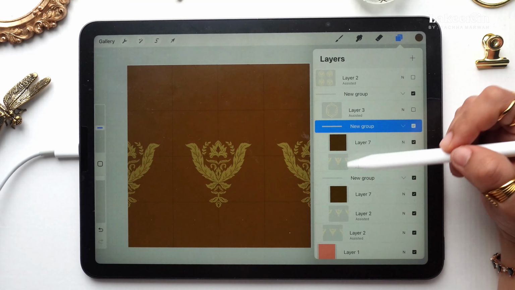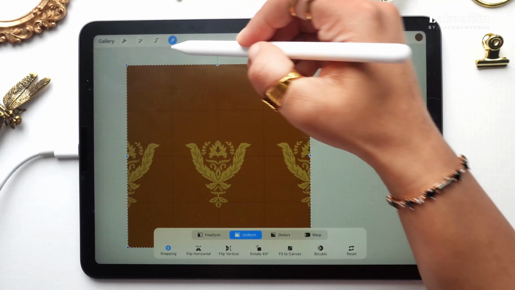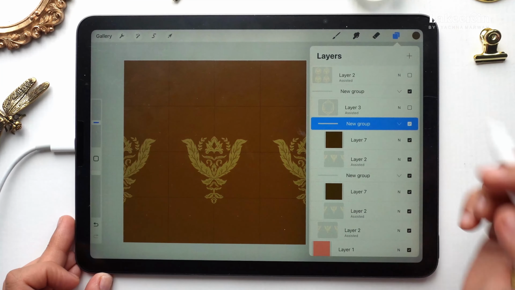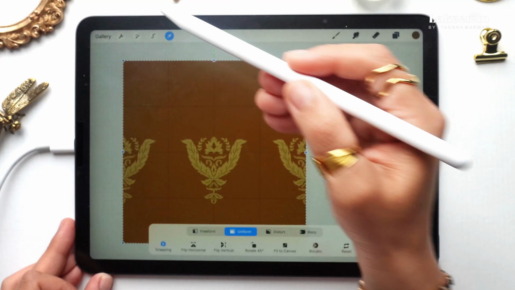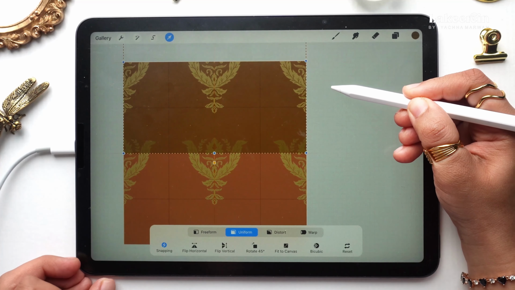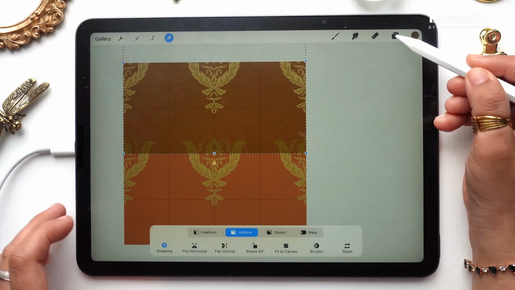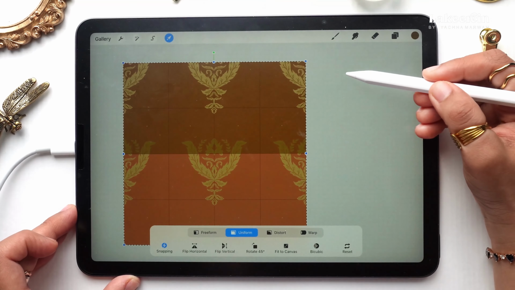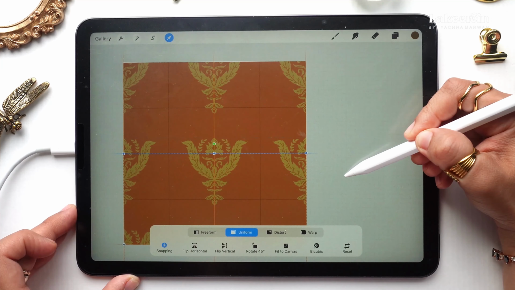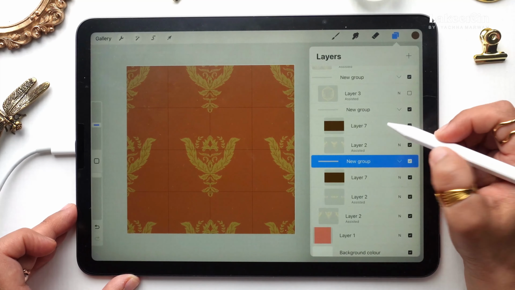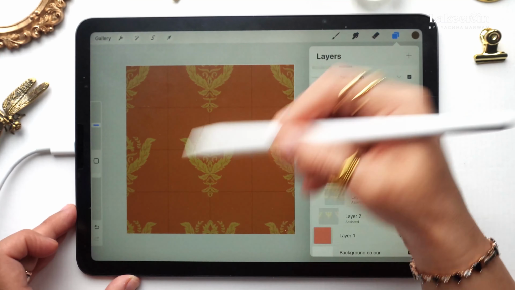Moving on, once we have two groups, I'll go to arrow here. So I'll select the group, not individual layer. I'll select the group and I'll just go to the arrow and put the whole thing once I see the yellow line. And then I am going to the new group 2, go to the arrow and move it to the bottom until I see the yellow line. That means we have done it in a proper repeat format.